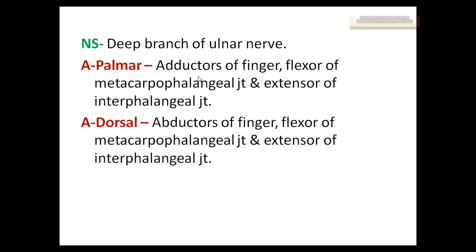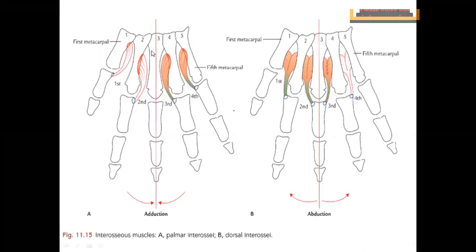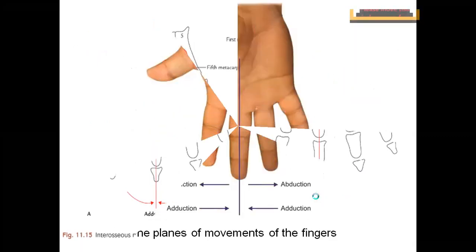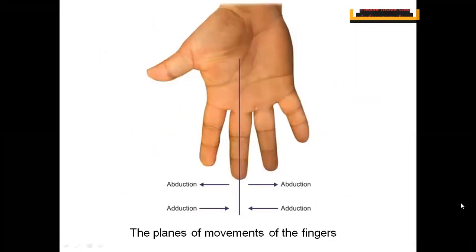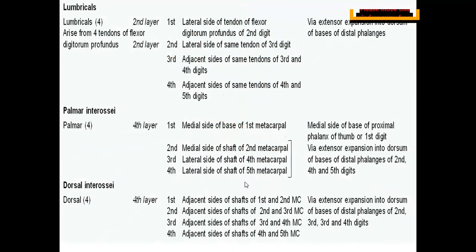Now, palmar interossea not only bring about adduction of fingers, they also act as flexors of the metacarpophalangeal joints and extensors of the interphalangeal joints. Similarly, the dorsal interossea are not only abductors, but also flexors of the metacarpophalangeal joint and extensors of the interphalangeal joint. Right? In this picture, if all the phalangeal bones are brought towards the midline, you call it adduction, and if they are fanning outwards, you call it abduction, which I have shown you just now. Abduction, when you take it away; adduction, when you bring it close, right? What I have shown you.